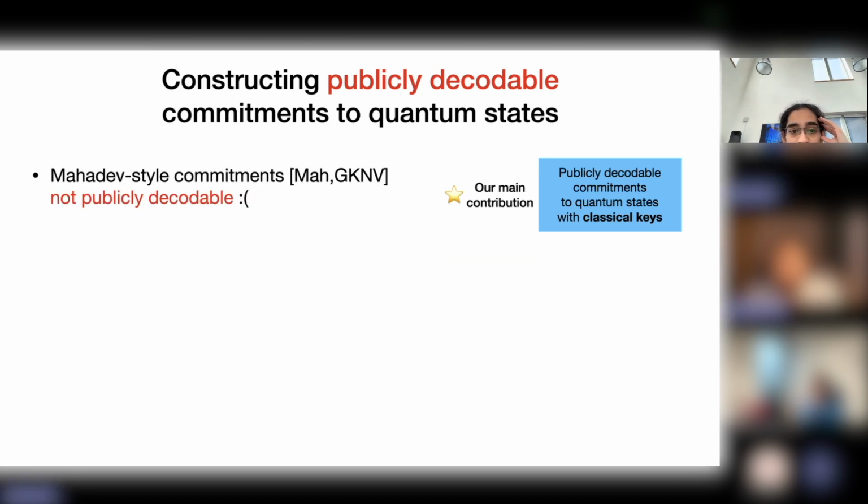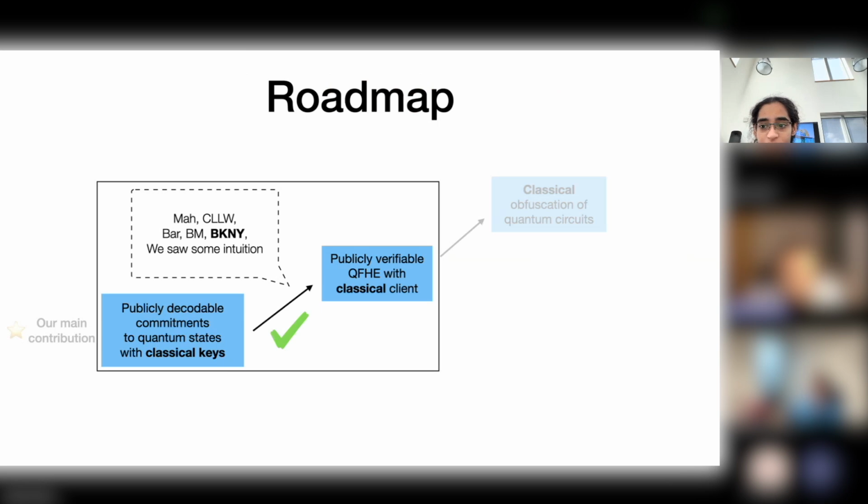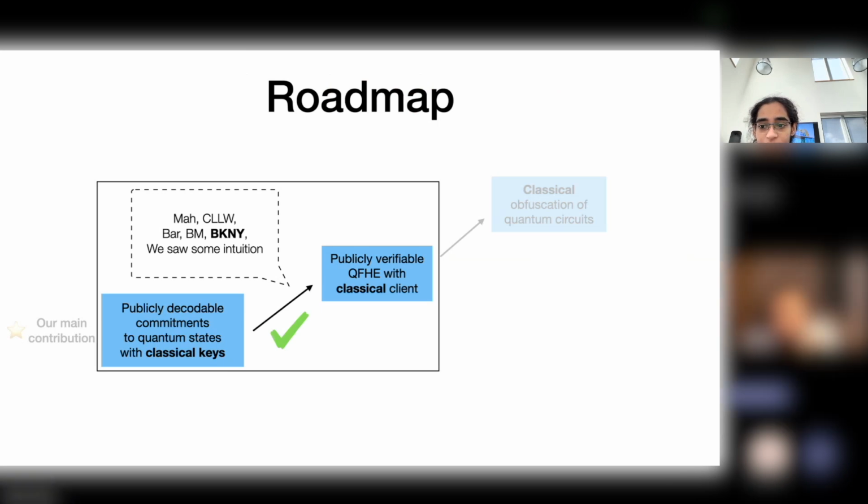Just out of curiosity, I feel so bad, but I don't know when I will ask later. Is this sort of equivalent? You had an arrow, right? Can you show the arrow slide? Publicly verifiable QFHE with classical client, does it say anything about commitments? Ooh, interesting. Is it? No, I don't know. I haven't thought about it, but